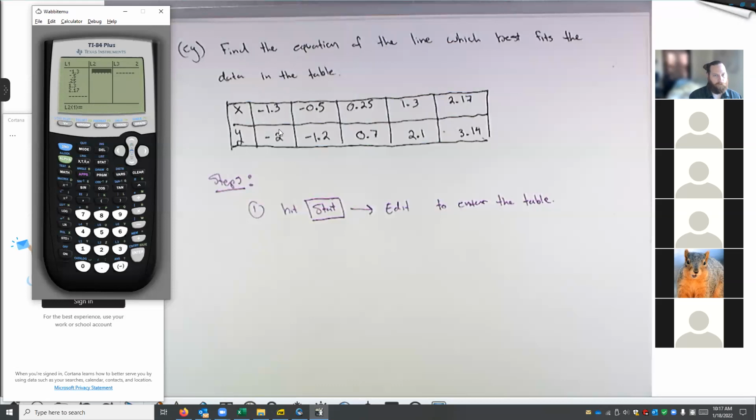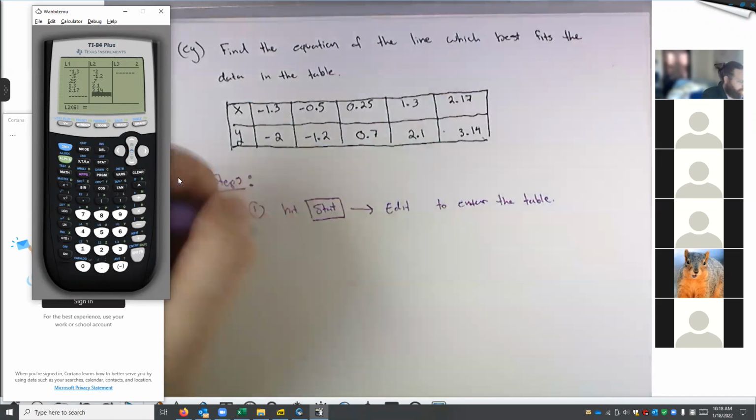So across from -1.3, we're going to put -2. Across from -0.5, we're going to put -1.2. Across from 0.25, we're going to put 0.7. Across from 1.3, we're going to put 2.1. And across from 2.17, we're going to put 3.14. Right, there are my lists. And in order to find the line that best fits these,